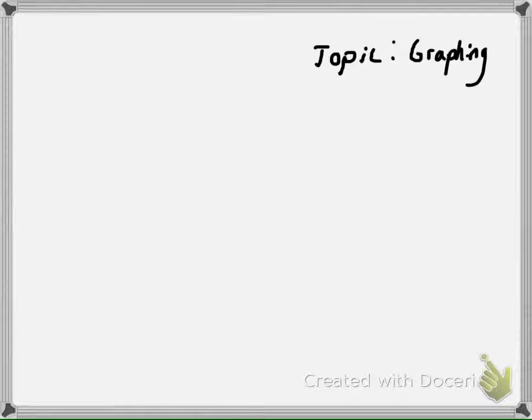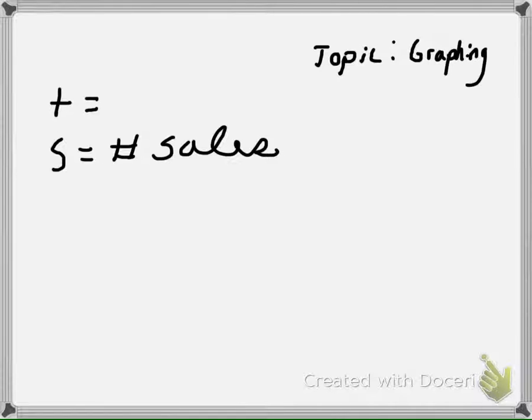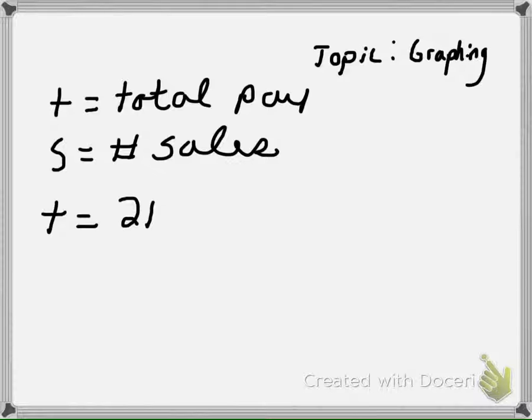Okay, since they're telling you in this problem that they want you to use the variables T and S, where S is equal to the number of sales that he makes, and T is equal to his total earnings, his total pay, then we know the equation is going to be T equals. This seems to be a slope-intercept problem where T is the same as Y, so Y equals or T equals, and then since he earns $210 no matter what,